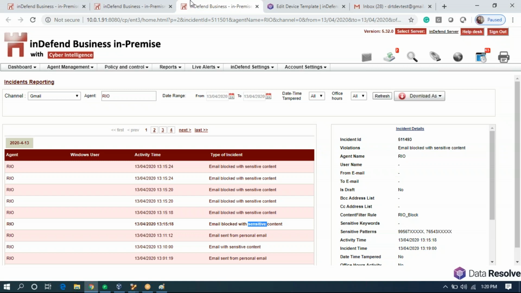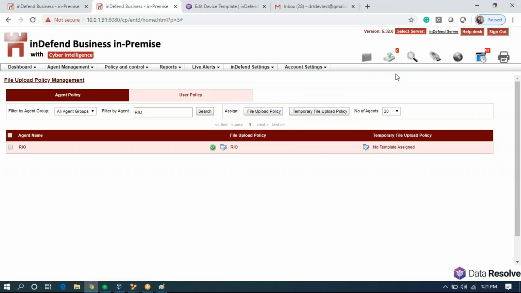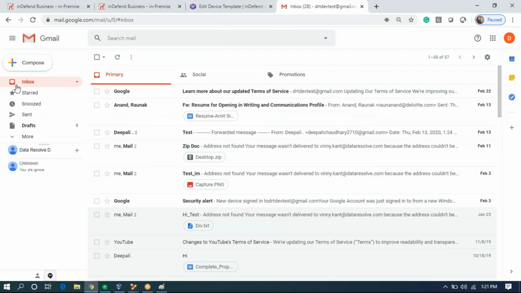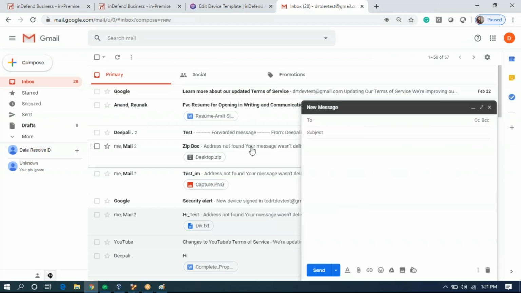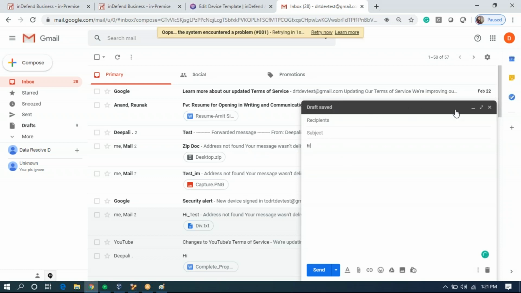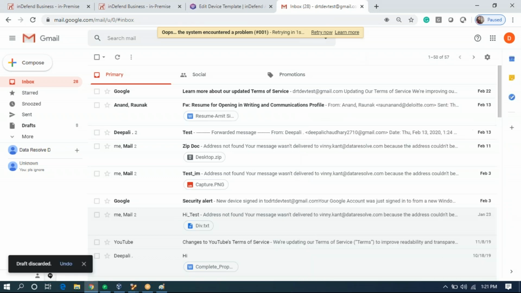One more thing, in case of G Suite, you might get several logs populated for a single email. The reason this happens is because, as you might have observed, while composing an email in G Suite, it gets saved every few seconds. As you can see, draft saved. So every time it gets saved, Indefend generates a log on the dashboard.